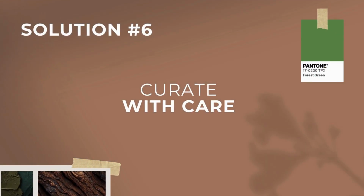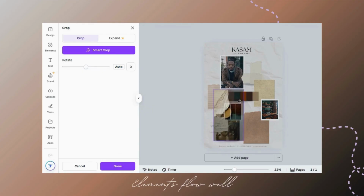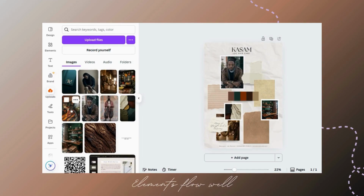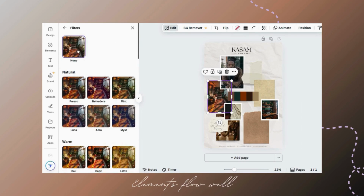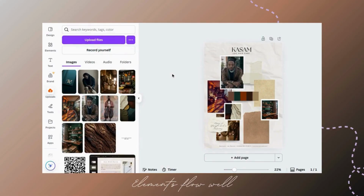Instead, what you want to do is make sure the images, fonts, and colors flow well together. As you fill up your mood board, it will come to life. You will start to see that images will fit well aesthetically with other images, and you will notice when an image feels off, so to speak. No matter how much you like an image or color or font, if it's not fitting the overall theme of the mood board, if it's not flowing well with the other content on the mood board, do make the executive decision to just take it off the mood board and then try it for a secondary mood board,